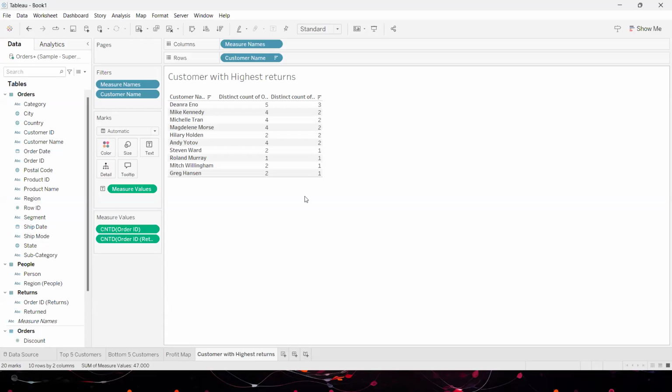If you know basic mathematics and basic logical reasoning, like in this case, how do I get the people who return more than half of the orders placed? I need to find out how many orders are placed and divide it by 2. What is the total number of orders that they have placed? Divide it by 2 to get half of it. And then see whether this is greater than that number or not. Isn't it? Simple logical reasoning.